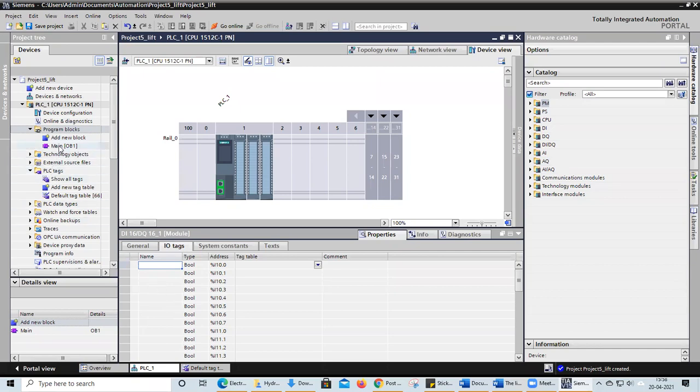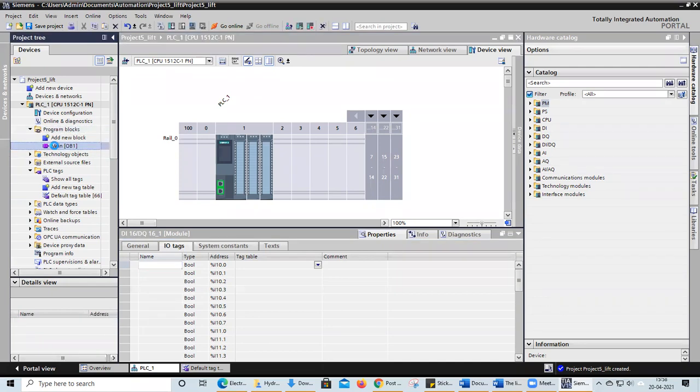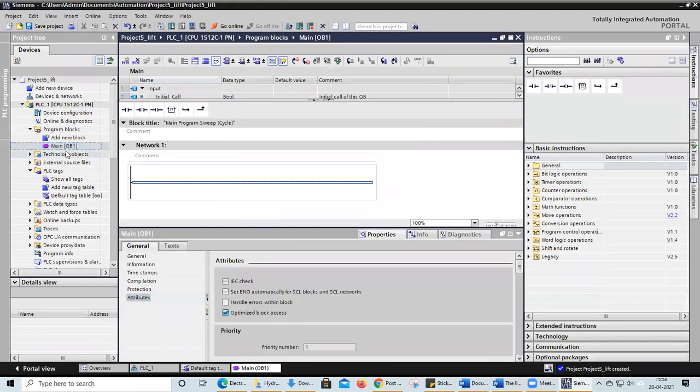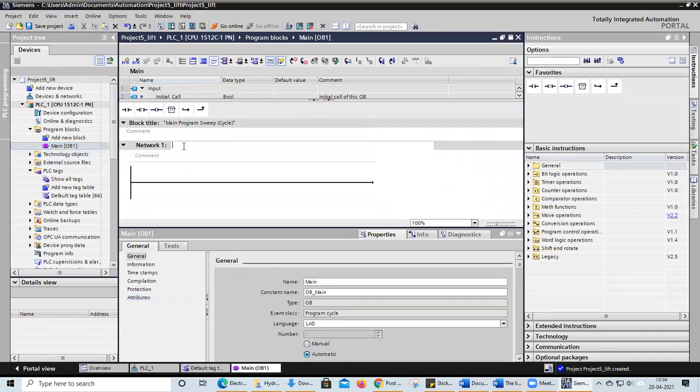Go for the main block here. In the program block, go for the main block. First I will create my start circuit, because my lift has to start. So I am creating my starting circuit, that is my latch circuit.